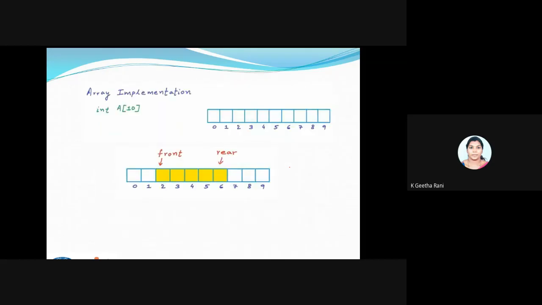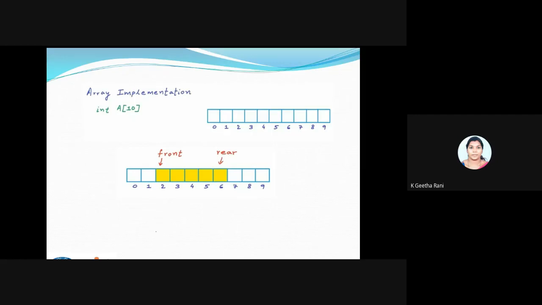So I have taken an array of size 10. You can see my indexing starts from 0 to 9, and it is going to be continuous memory. I'm going to explain my queue concept using this array logic. This is my array implementation. I'm declaring it like int a of 10. Here I'm going to have a front point and a rear point, and where there is a front and a rear, I'll call that particular block a queue.